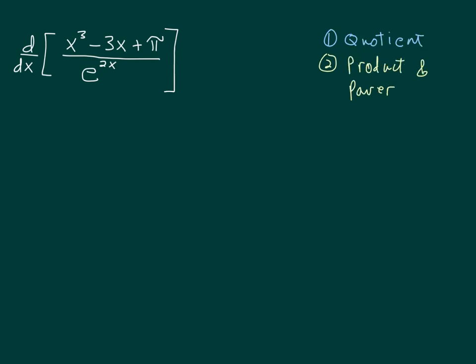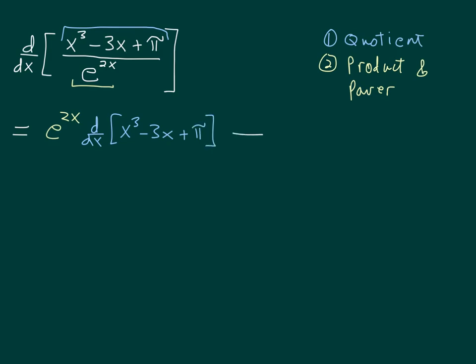All right, so let's get started with the quotient rule. For the quotient rule, we just identify what's the function in the denominator and what is the function in the numerator, and we apply our rule. So remember, it's low d high minus high d low all over low squared. So our lower function here is e to the 2x. D high means we take the derivative of the numerator function. So x cubed minus 3x plus pi,